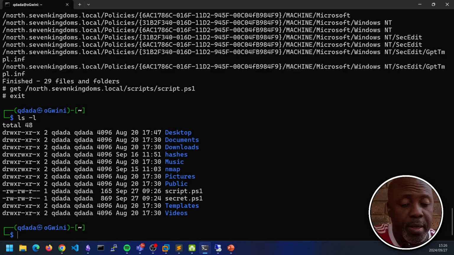We found no creds there. I know I exited that nano screen very quickly because I knew what I was looking for, because I had seen it before. But normally you'd go through that PowerShell script to have a look at what it's doing, and then you'd realize actually there is no cred there. So let's have a look at script.